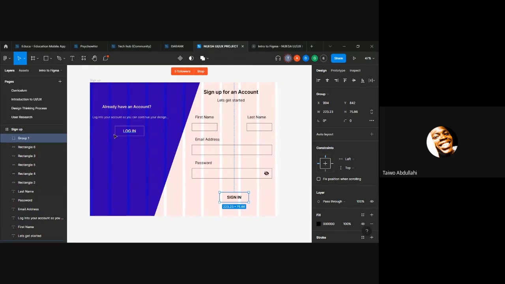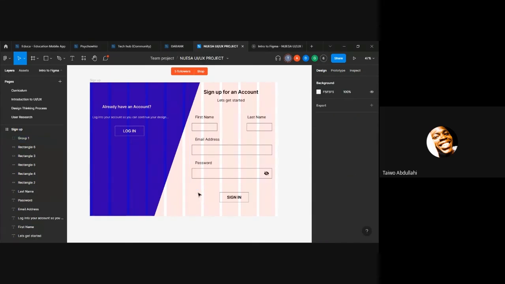Once I group it here, you see it here, group 1. This is the first ever group. And once you click on this group, you see the elements inside group 1. You see our sign-in and rectangle inside group 1. So instead of duplicating it one by one, once I click on the group, I duplicate my group. It will duplicate everything inside the group. That's just it. Another thing is,